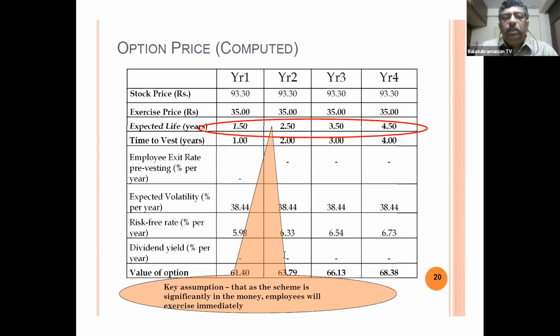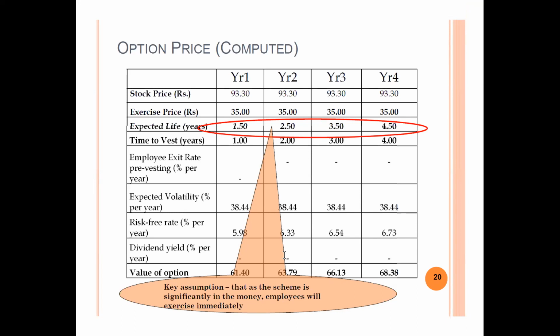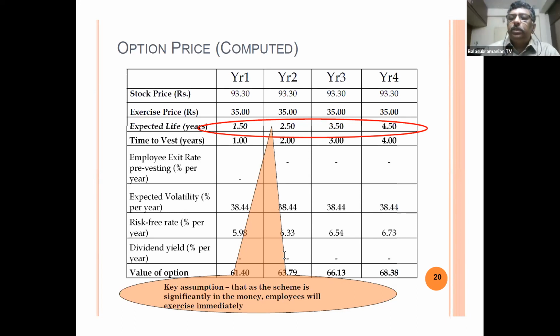Now, at this, the valuations were coming in the region of about 61 to 68 rupees. So on average, let's say 65, 66 rupees was the cost per option which was coming out using this assumption. Now, the key assumption which is differing here is the expected life. And like somebody was pointing out, you can see that the risk-free rate which is assumed for the 4 tranches